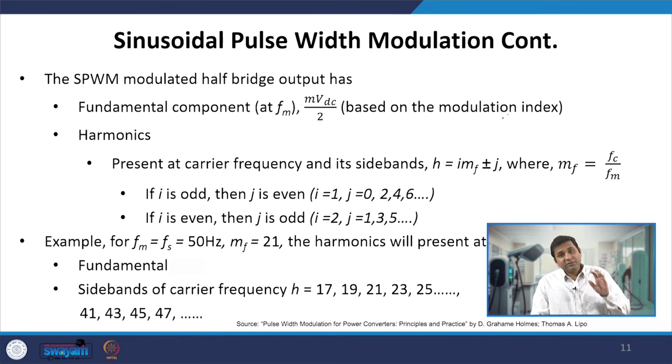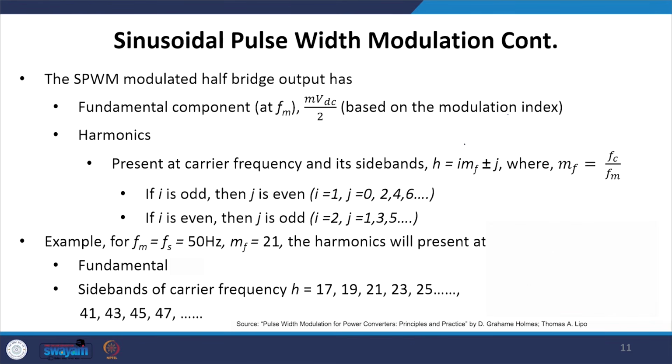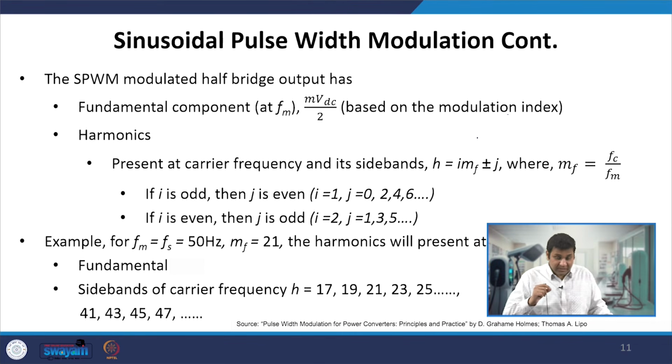That means if we keep the peak of our modulating signal smaller, then we will get a smaller fundamental component, and if we keep the peak of the modulating signal higher, maximum up to Vc, we will get a higher fundamental component. That means the amplitude of the average pole voltage variation will be more as compared to when we have the smaller amplitude of the modulating signal.